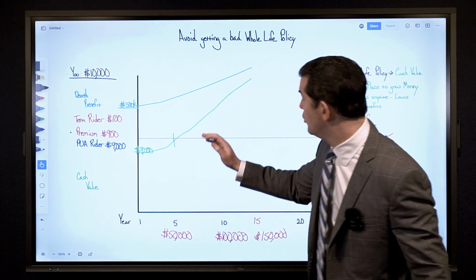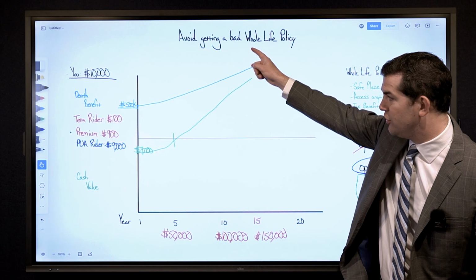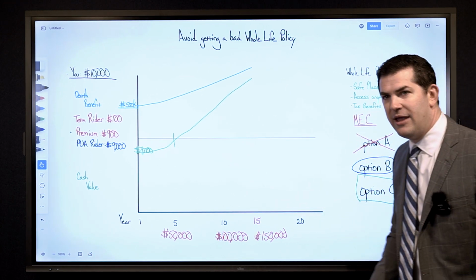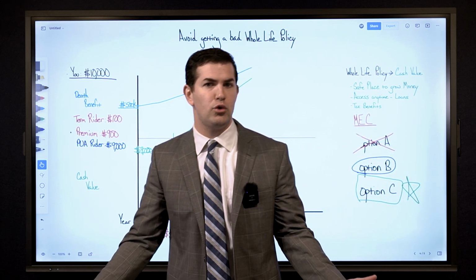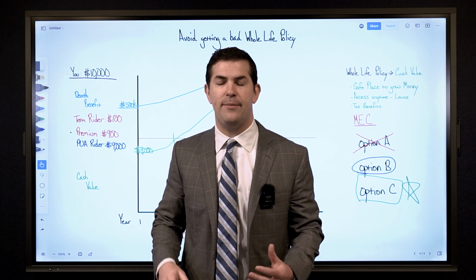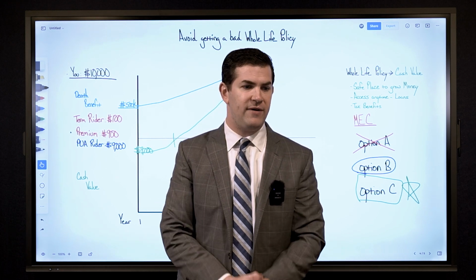Because where buyer's remorse occurs, where people feel like they get ripped off with whole life insurance, is when they're sold option A or option B, and they were never even told about option C. They just took the individual's word for it, saying, this is the best way to go, or this is how everybody sets it up. This is really where we need to dig into it, or have a third-party advisor that